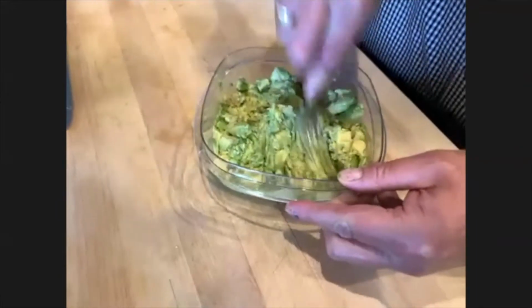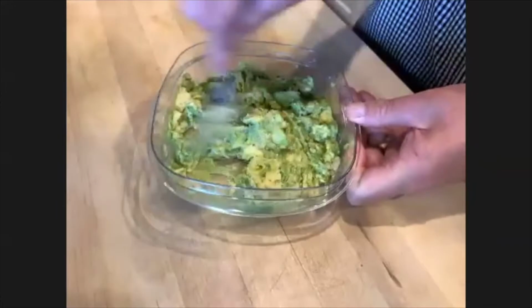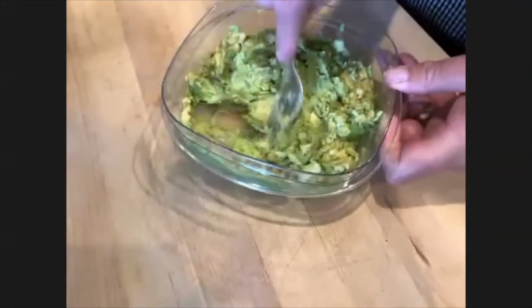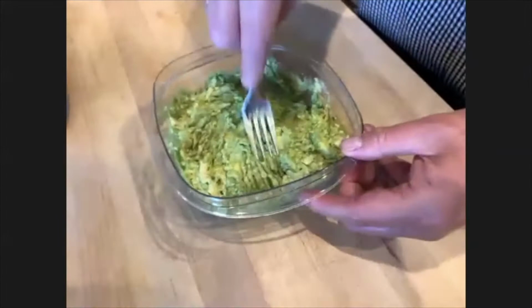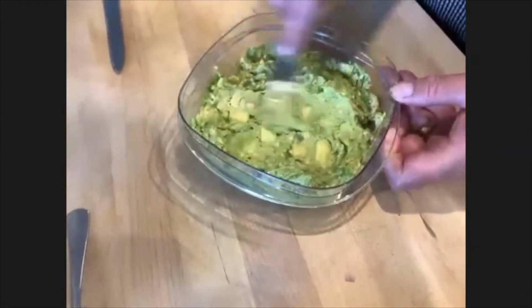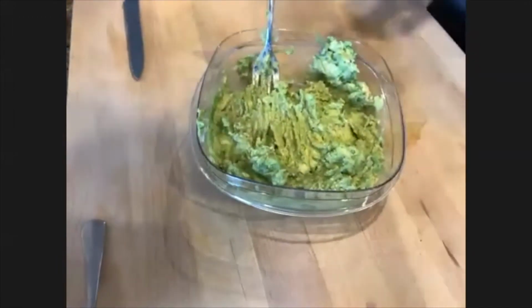Now I'm going to mush all this together. And we're going to be serving this shortly, so it'll be okay if I leave it out. But like guacamole, it'll start to oxidize and go brown very, very quickly. All right, so